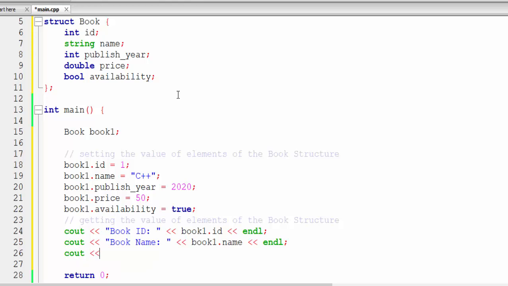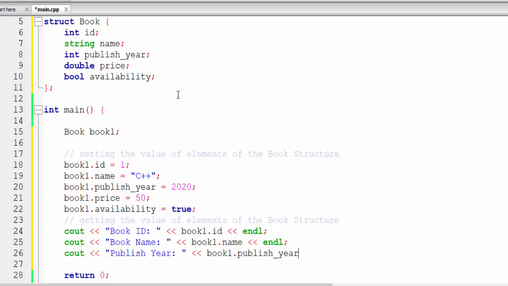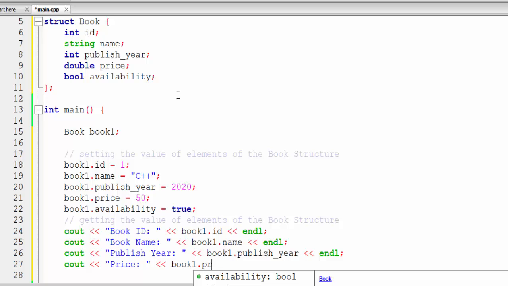After that we will say cout, and here we will say publish year. So the publish year is in our book1 dot publish year. So after that we will print the price. So we will say that price is book1 dot price. So we need to say dot price,